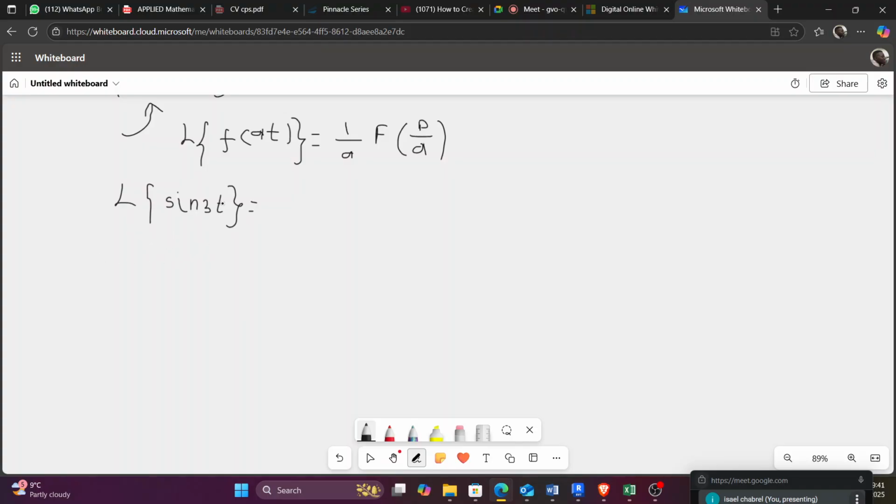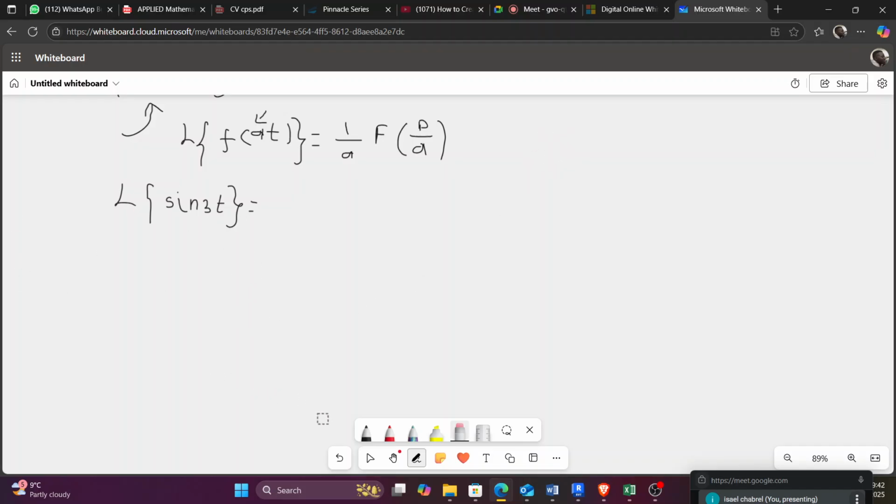Okay, Zime. If I can re-explain this, how do you apply a scale property? As long as you have a function that has a constant here, which is not 0. Let's say you have a Laplace of 2t. No, I don't think this one will work. It is f of at. Let's say you have a constant next to any function. No, this is not applicable. I'll confirm that.